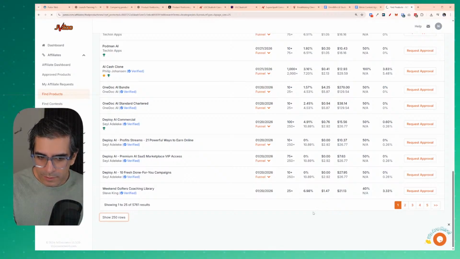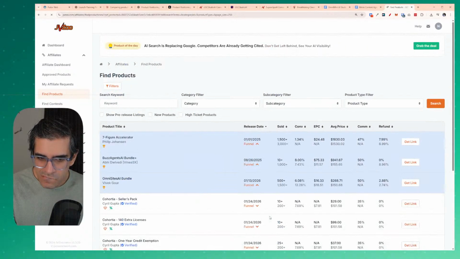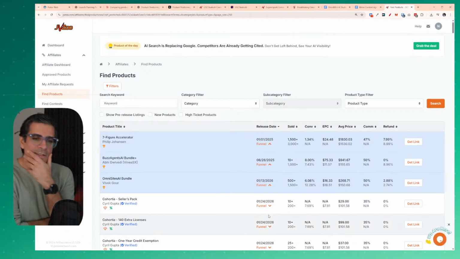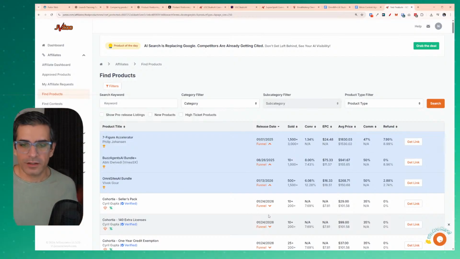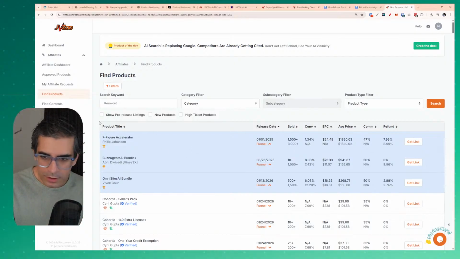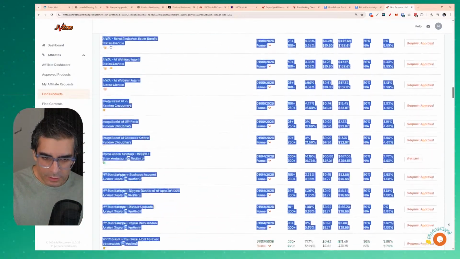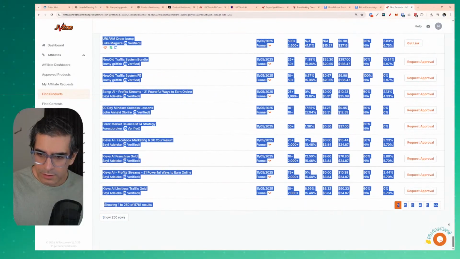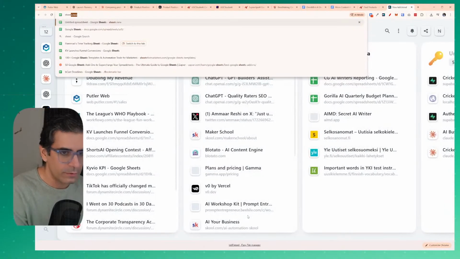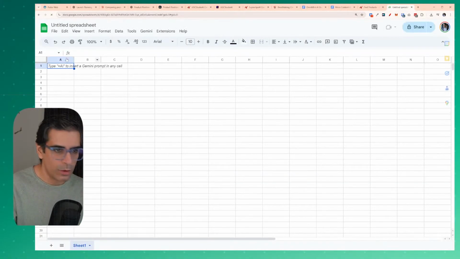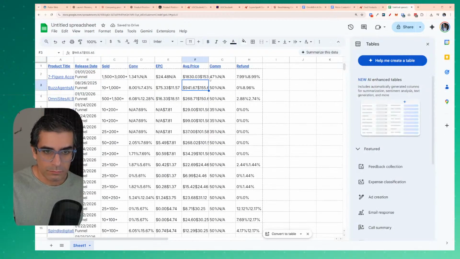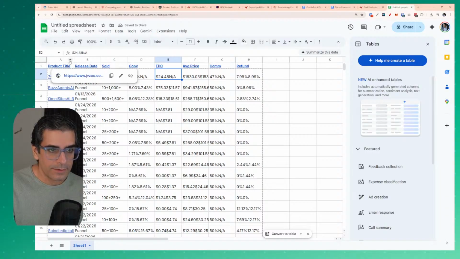And actually, why am I doing it like this? Why am I even doing it like this? If I have to manually review all this stuff, it just takes too long. So let me just do this. Going to copy all this and maybe put that into Google Sheets, see if that works. Okay, there you go, EPC. Okay, let's download this